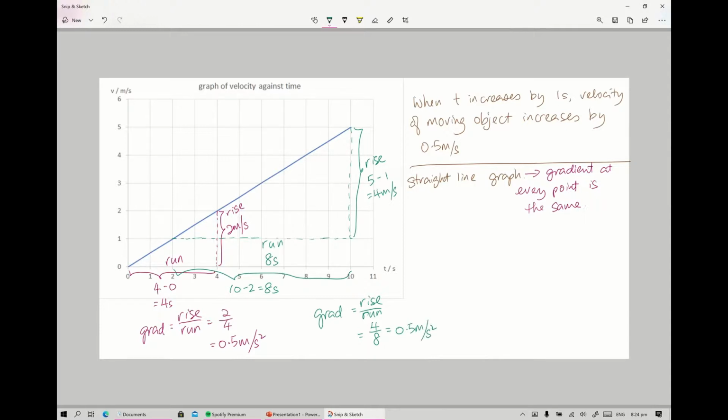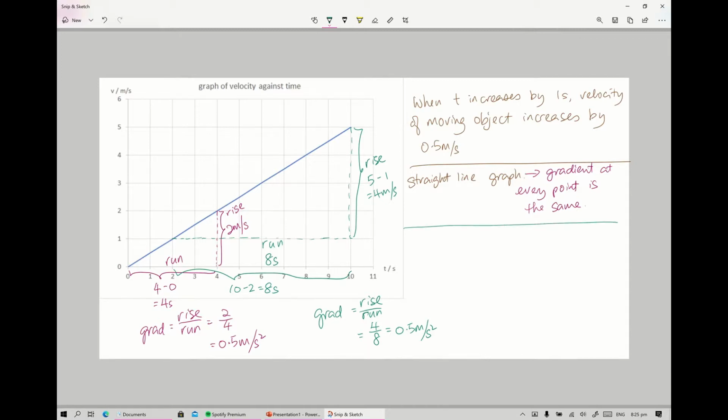So you can see that as long as it's a straight line, the gradient at every point is the same. Right? The gradient at every point is the same. Okay? So another way of saying when t increases by 1 second, alright, it will be better. I shouldn't say another way, sorry about that. It's not another way, but it will be better if we